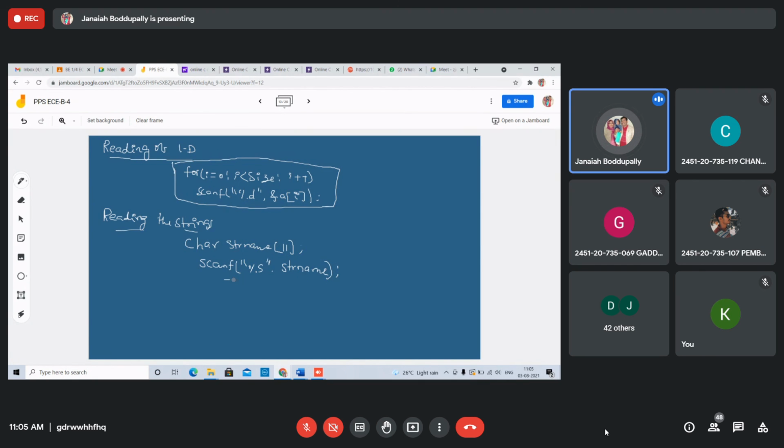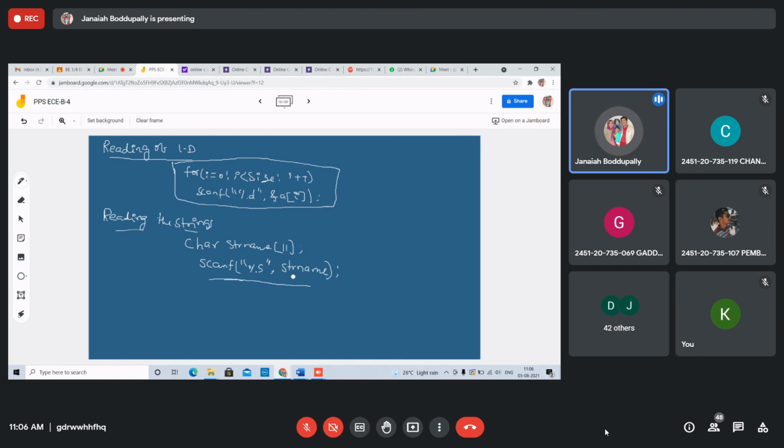This is very important. This is reading of an array: for integers, scanf with %d, ampersand of a, ampersand of n. If it is an array, ampersand of a[i], because arrays hold data types. But string is not a data type. That's why there is no need to take the ampersand, no need to give the memory address location. Remember this, students. Understood? Don't write ampersand for strings.